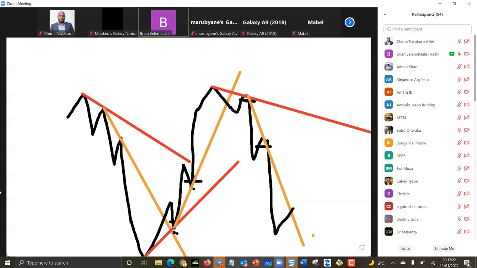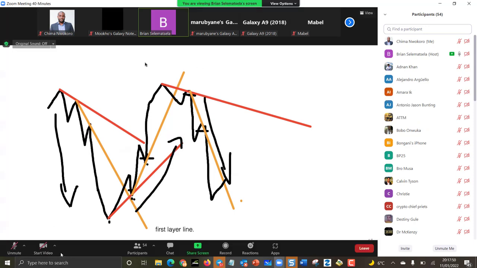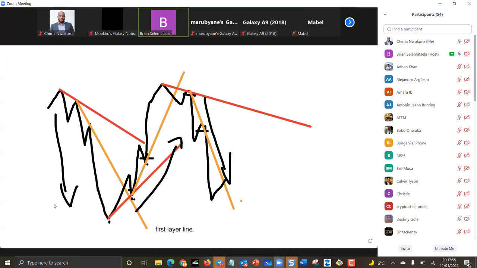All right, guys. So yeah, that's what is actually happening. To take our profits, we just simply wait for the market to break the first layer. Then from there, we know when to actually pull out. And when you have this, like I've said, you have an opportunity to hit the market going down, going up, going down. Even if the market consolidates, it doesn't matter how it consolidates, you can still understand what is actually happening.